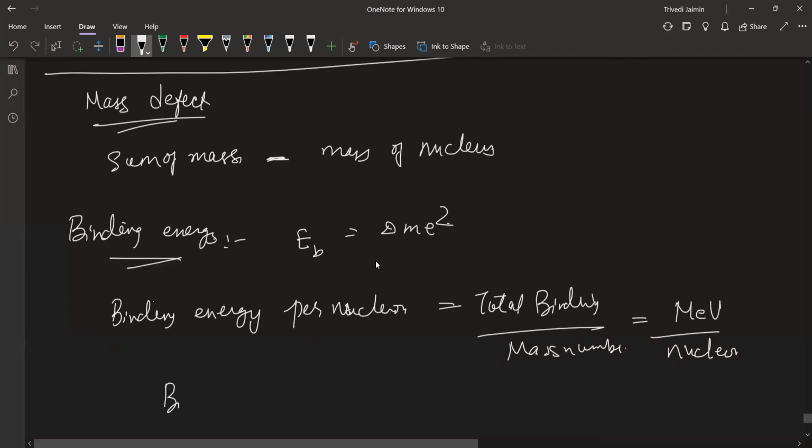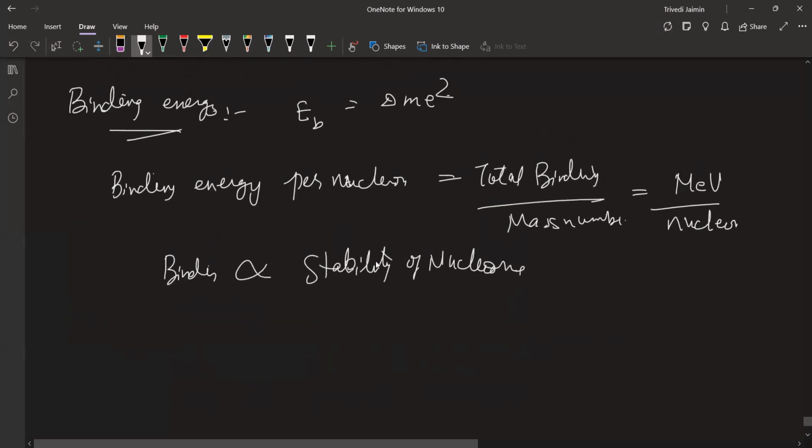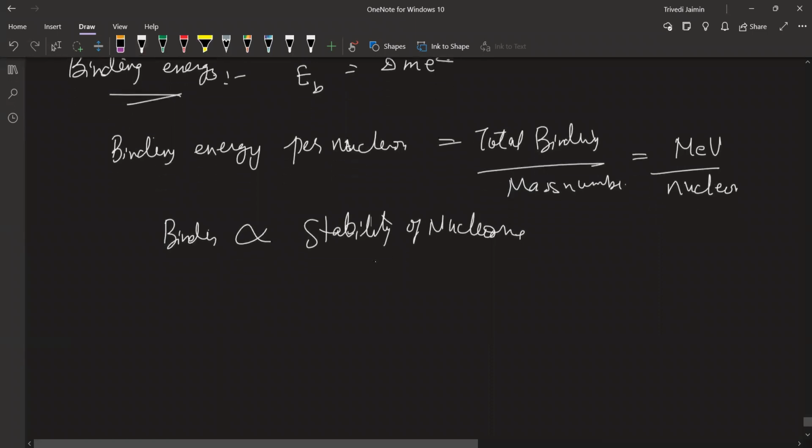So binding energy is proportional to the stability of nucleons. If we draw a graph for this one,